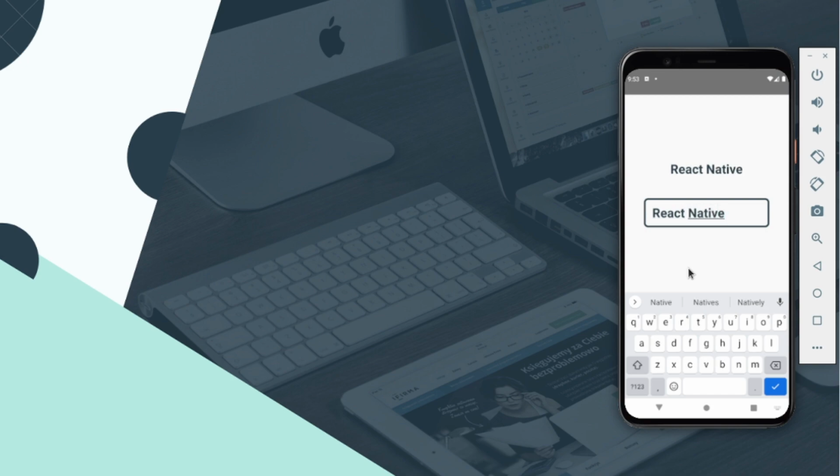If I type React Native tutorial, it is changing the about text. You can see when I type something in the input box, it is updating the state value.